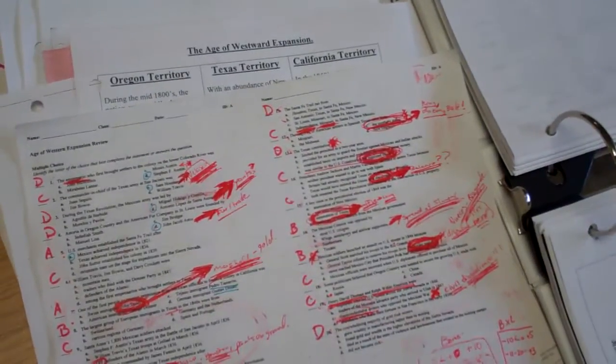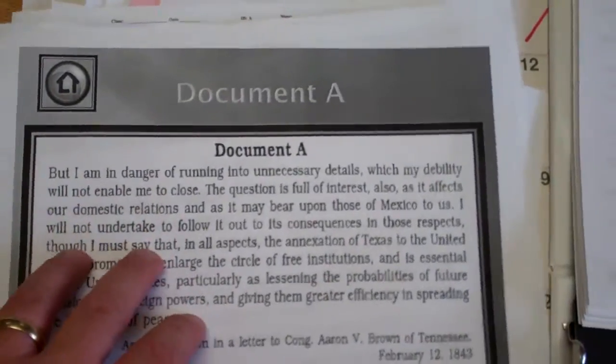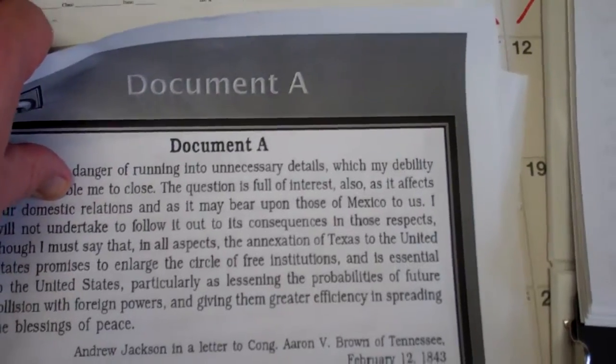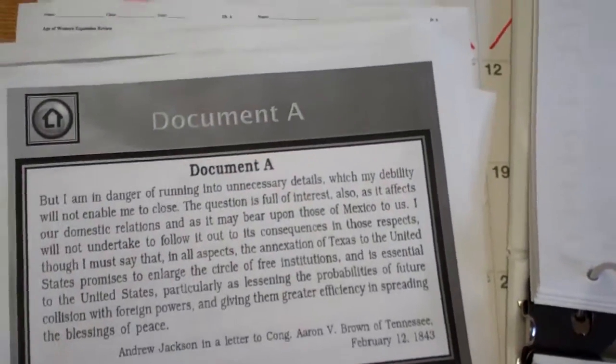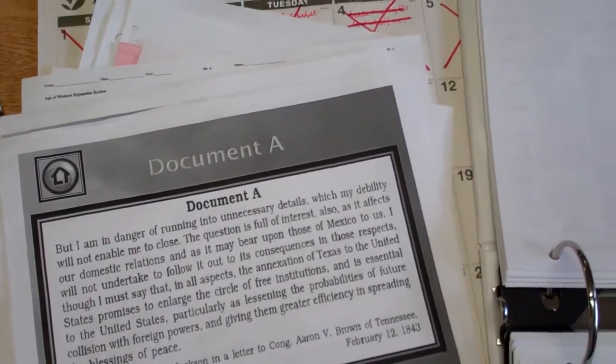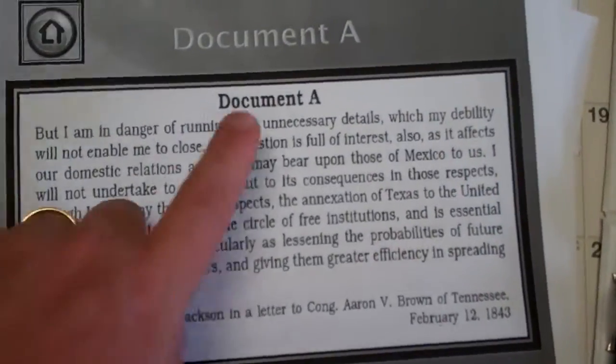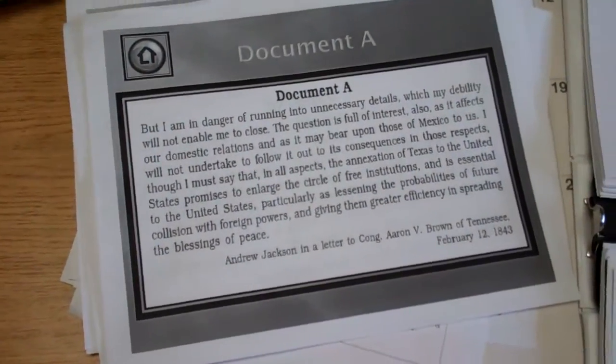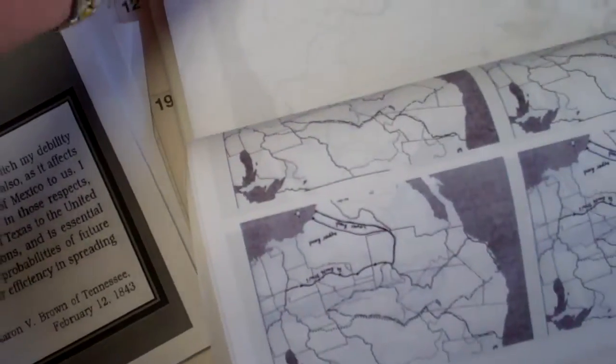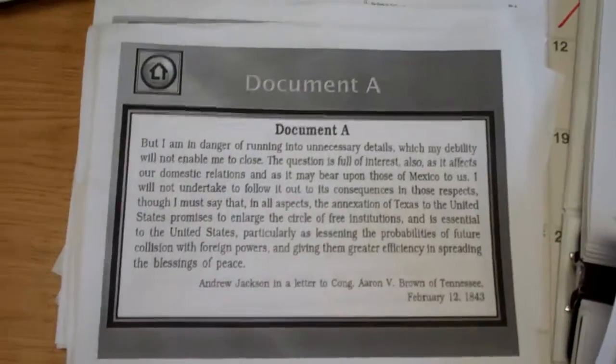We also ended off today, this is what your blank document would have looked like, with a fairly good activity where we looked at documents and analyzed them through SOAPS as a group activity: the justification of the Mexican War. Were you a bully or were you justified? Manifest Destiny. God has told you that you have this right, like the tree does to air. This I posted on StudyWiz if you wanted to take a look at it today. Going through my notes, I see we had a benchmark, took a quiz, did the Santa Fe Trail. These are all the main documents that I would study for tonight.